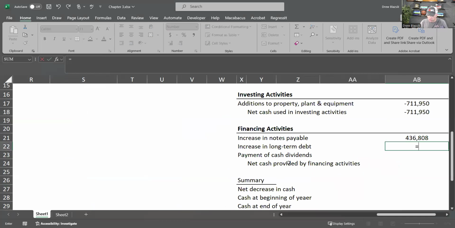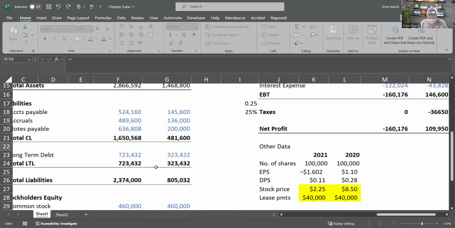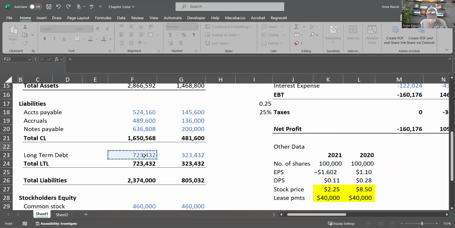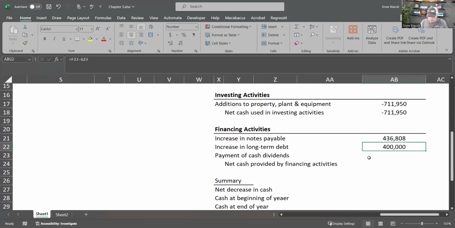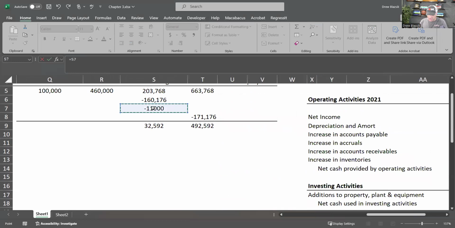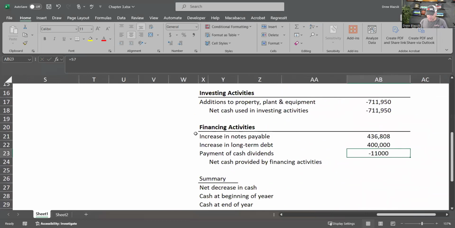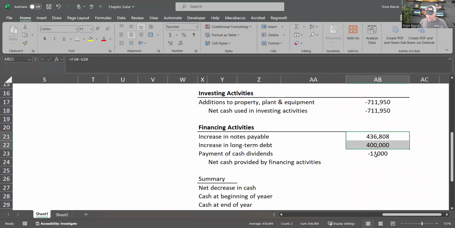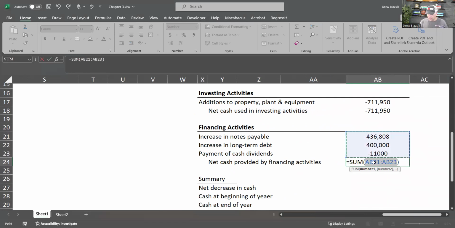Let's see our increase in long-term debt. It's right here. Well, that went up as well. That's a positive value, 2120. Then part of financing activities, good thing to remember, is payment of cash dividends. So I want to know how much dividends were paid. I'm going to say equals. Well, I have it right here, $11,000. I'm going to keep that as a negative because I had to pay that out. Now we're going to hit all equals, sum all those up. There we go,